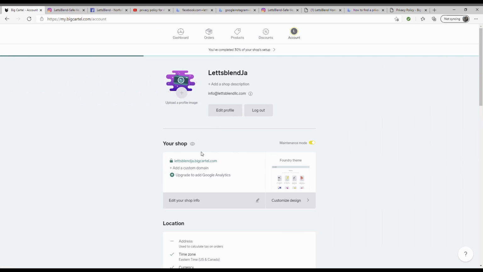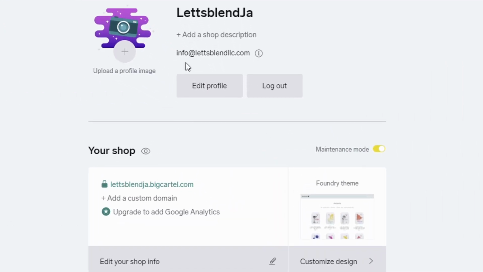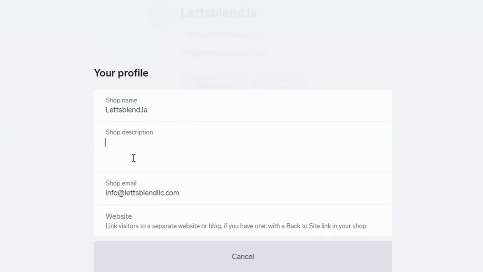So now that that is done, this is what appears. Your email address is right here. If you have a shop description, you put it here. You can upload a quick profile picture. Let's do this here. And then what your shop is about, you will add it here. Shop description. I'm just going to put something quick. We sell raw